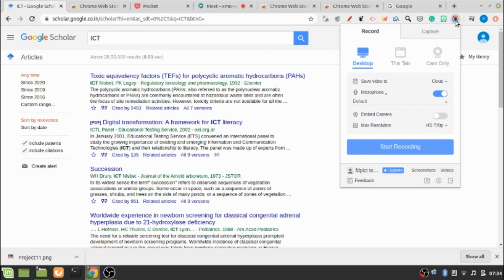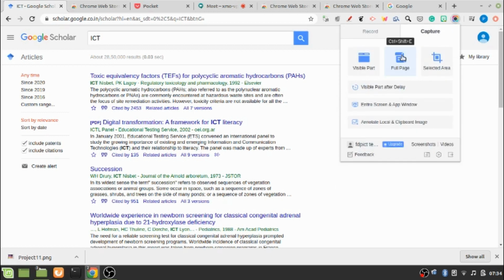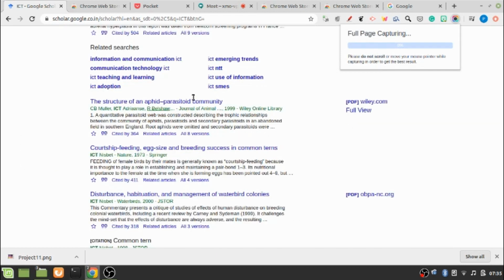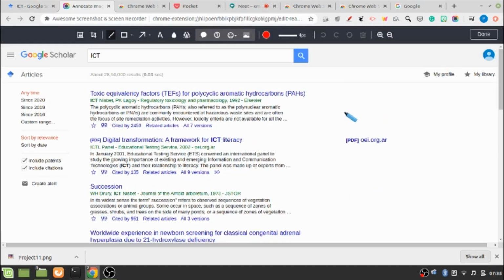Now if I want to take, suppose, a full page screenshot of this page, it will take me to a new window to annotate my screenshot. Here you can see that my cursor has now been changed to a marker, or you can say a highlighter, so that I can highlight any portion of the page to mark a point or even to make a note.